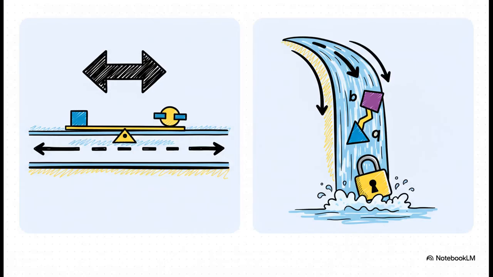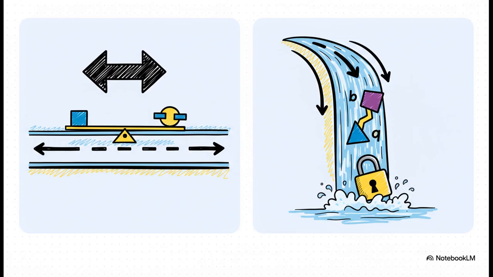Think back to high school algebra for a second. Most of the equations you learned were kind of like a two-way street, right? If you know y, you can pretty easily solve for x, and vice versa. But what if you could create a mathematical one-way street? That's the foundation of all modern security.